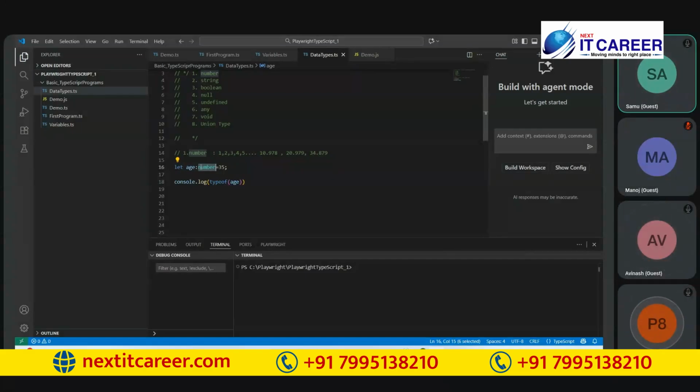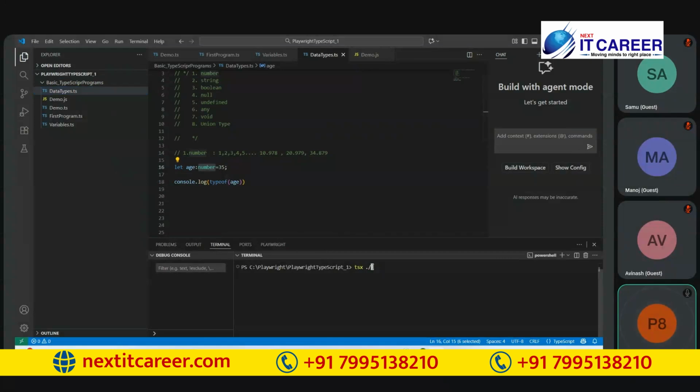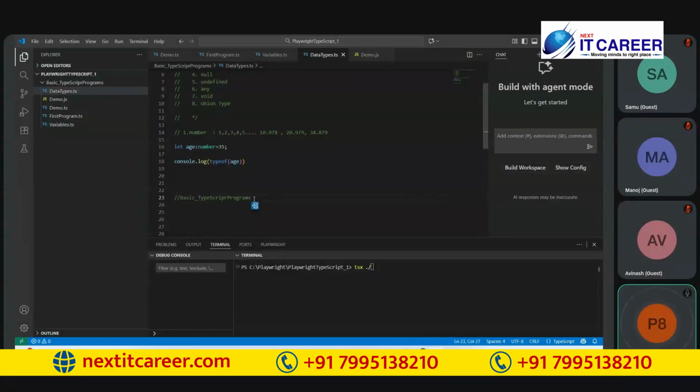Yes. So guys, if I want to execute my TypeScript, simply write the syntax: the TypeScript executor, then the folder name, backward slash, datatypes.ts. Whatever folder we are using, that folder name, backward slash, datatypes.ts.